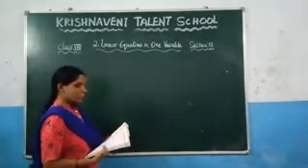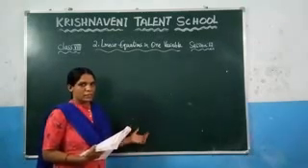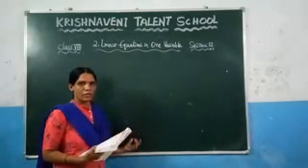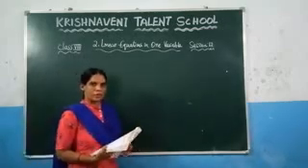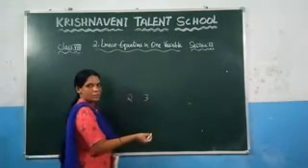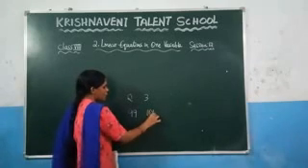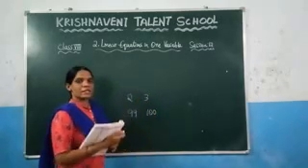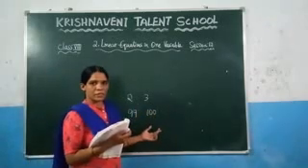So what is meant by the consecutive number? You know that the next number we call the consecutive number. How will you get the consecutive number? Suppose, what is the consecutive number of 2, which is 3, the next number, right? And what is the consecutive number of 99, which is 100? How are you getting the next consecutive number? Just by adding 1, you are getting the next consecutive number.